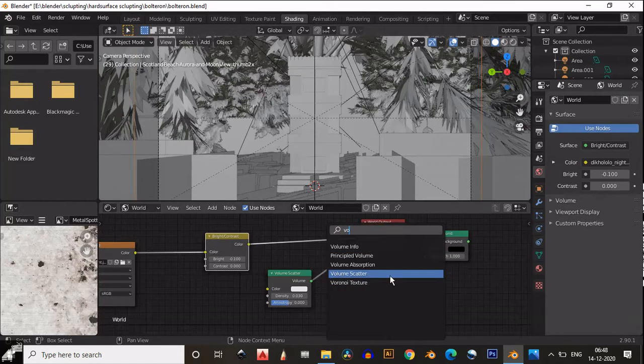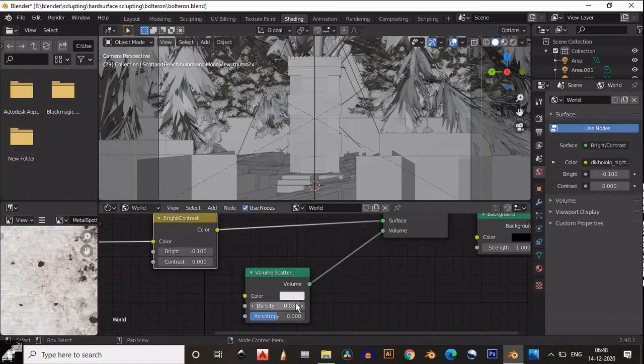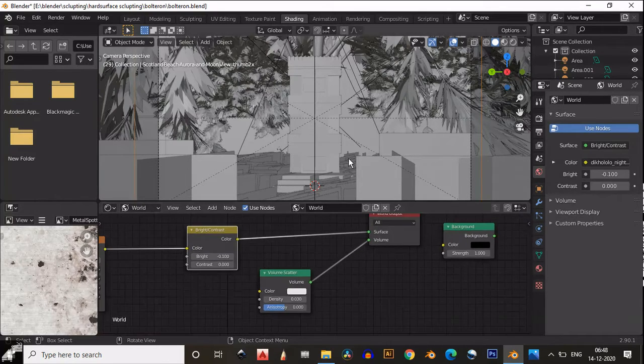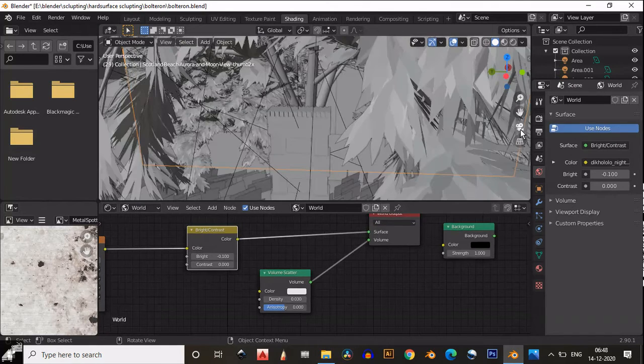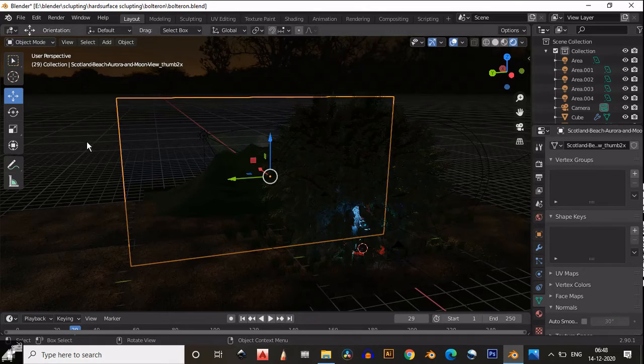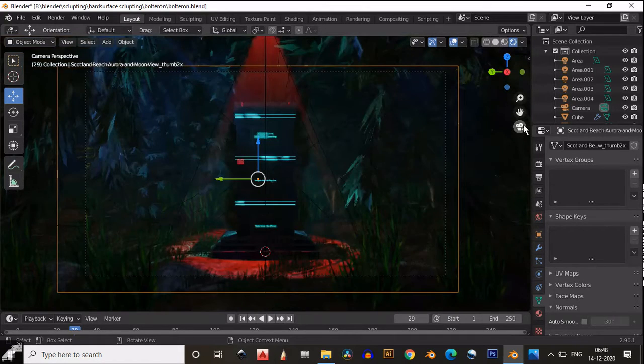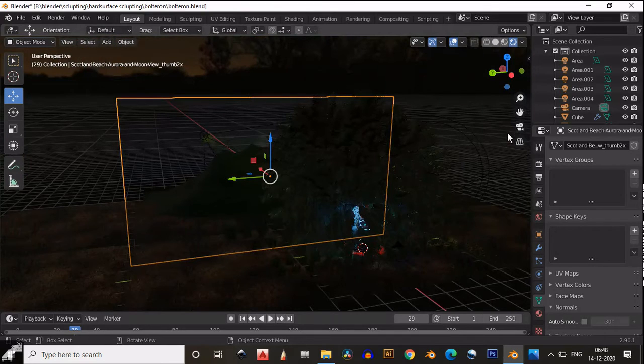Shift A, and if you search here volumetric scatter, you can see volumetric scatter, and you just need to decrease this intensity to 0.03 or something like this, so you will get the right foggy effect in your scene. So just adjust the intensity of that volumetric scatter, so you will get something like a foggy effect.